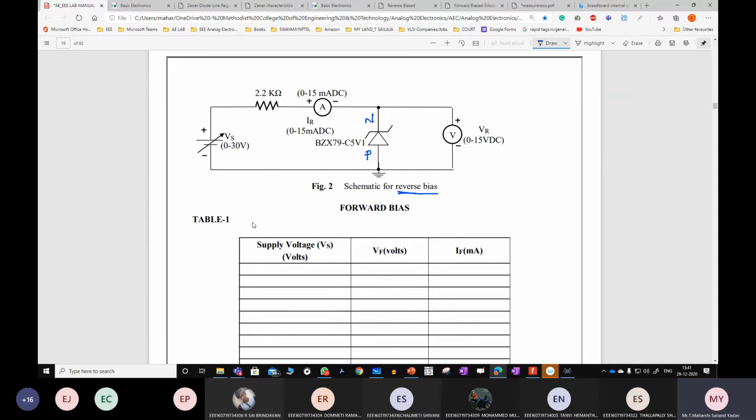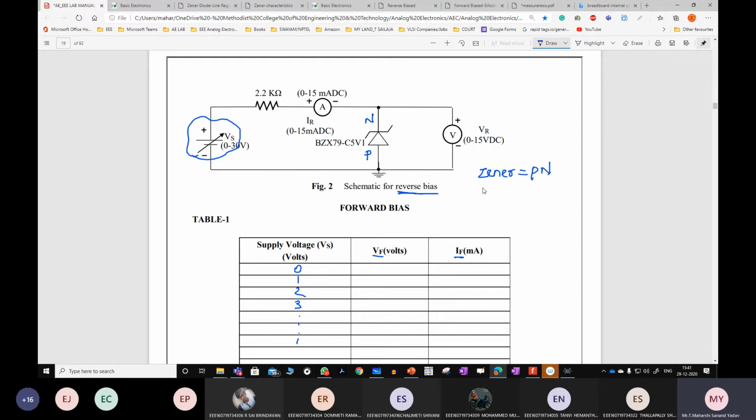Again, the table will be the same for different values of Vs, which is nothing but the variable supply. Like some random values, I'll take 0, 1, 2, 3, and so on. For random values of Vs, I need to calculate Vf, the forward voltage, as well as the forward current. In forward bias characteristics, the Zener diode works the same as a normal PN diode.